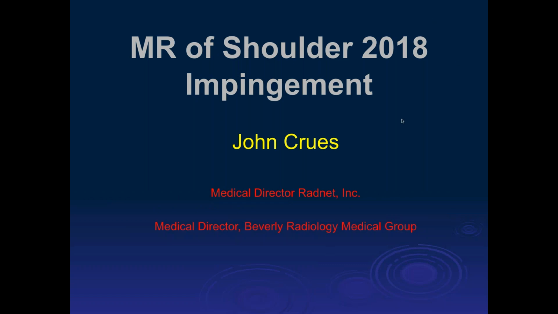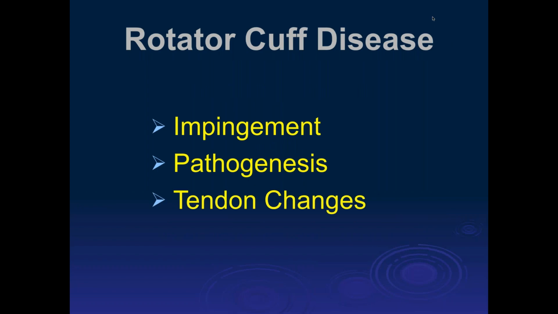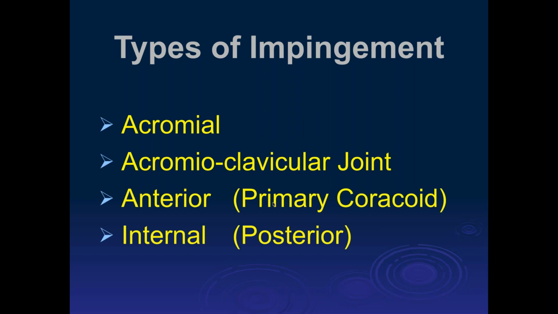So why don't we move on to impingement of the shoulder. There are a number of different impingement syndromes. We're going to start out with outlet impingement, or acromioclavicular type impingement. We'll talk about pathogenesis and then what it does to the tendons. So the types: there's acromial impingement, acromioclavicular joint impingement, anterior impingement, and internal impingement are the primary ones we're going